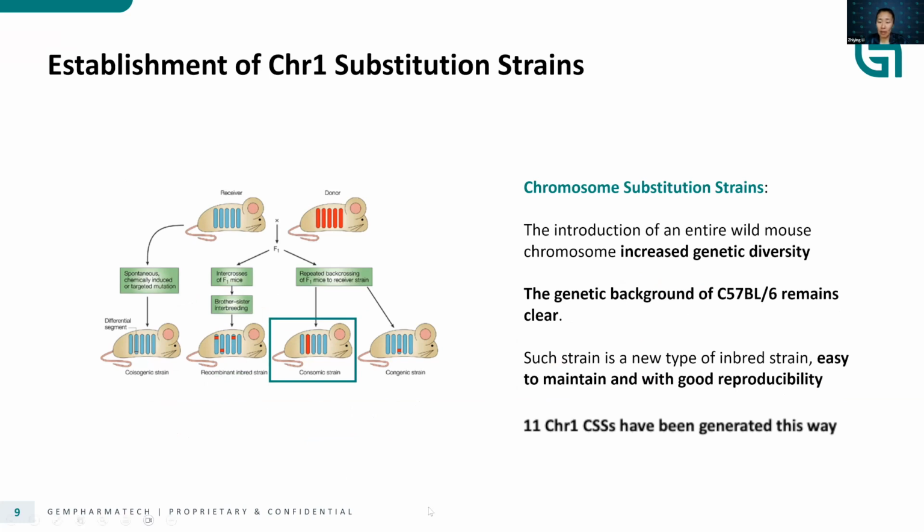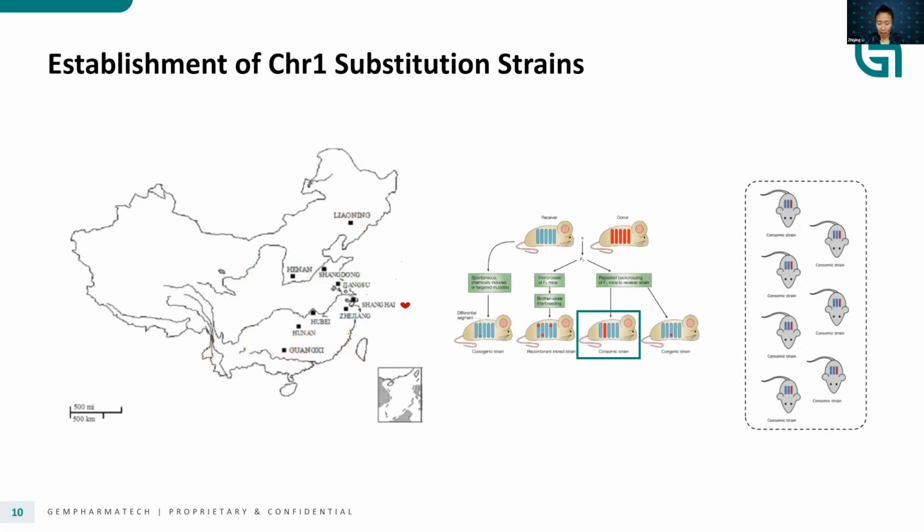So far, GEM Pharmatech has done consomic strains on chromosome 1. So we have done, as I've shown you here, 11 new strains on chromosome 1. I'm going to tell you more about that in the later slides. So you may wonder, mouse only have one pair of chromosome 1. How come we can get 11 consomic strains? That is because depending on where you got your wild mouse, each one of them is actually a unique individual. So each one of them can contribute their chromosome 1 to the inbred strain background to become a new consomic